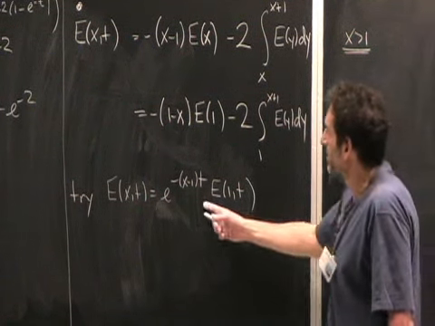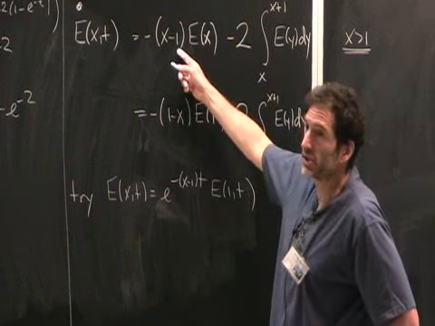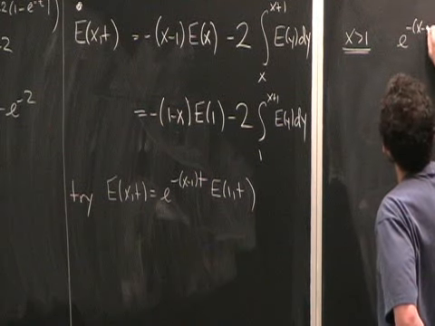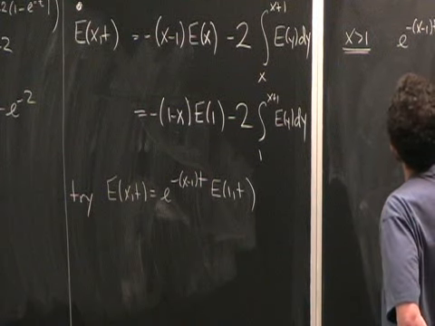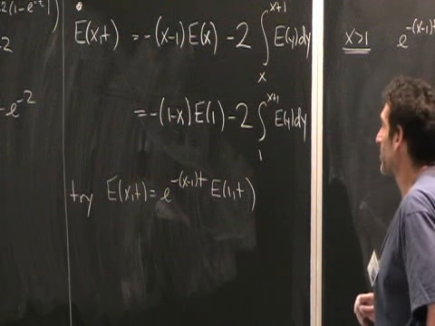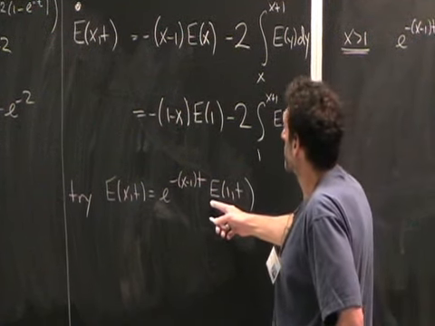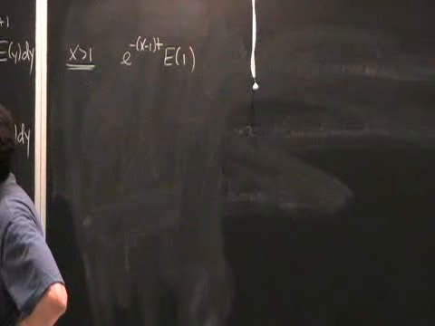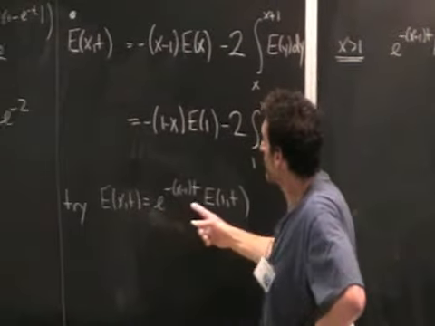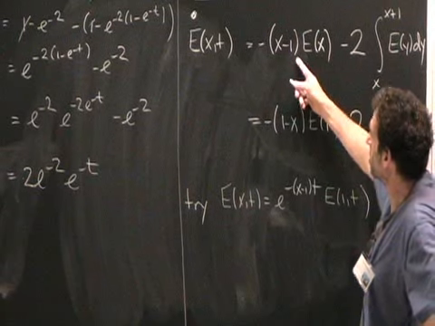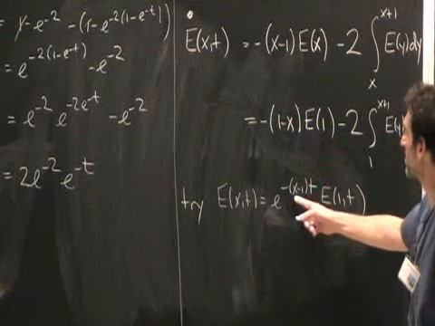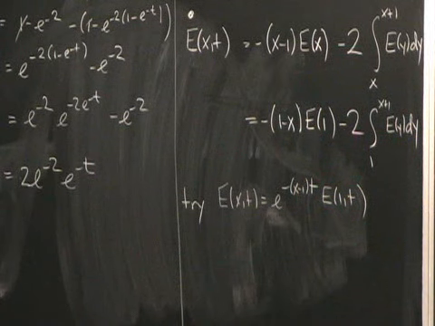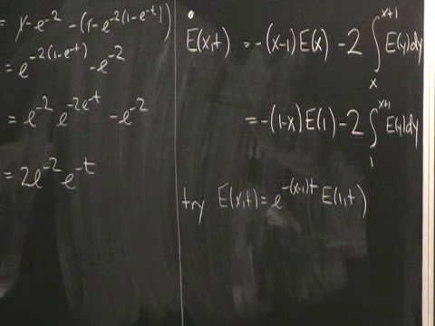So when I differentiate, there's a term where I differentiate the exponential, and that's just going to be canceled by this term there, so I'll just forget about it. And so I'm going to have e to the minus (x minus 1)t, E1(t). I won't write the time argument because I'm lazy. So that's when I differentiate, slow down again. I want to compute E dot. So the first term is when I differentiate this guy, and that'll be cancelled by this. The second term is I differentiate that guy, so I'll have e to the minus (x minus 1)t times E1 dot. And then I have minus 2, and then I've got to write e to the minus,